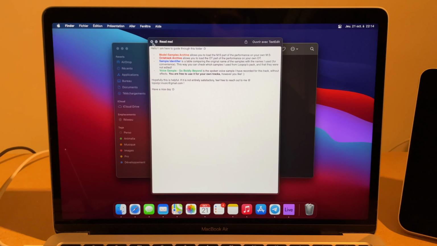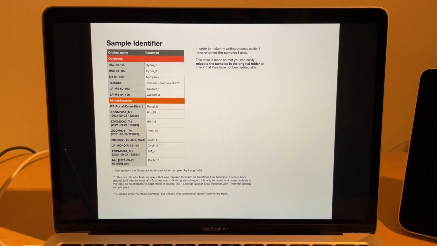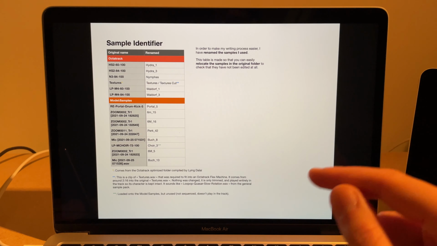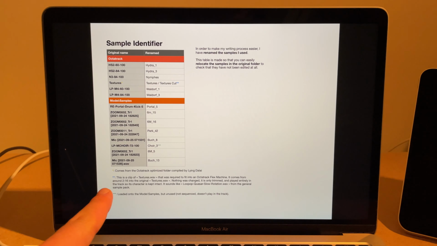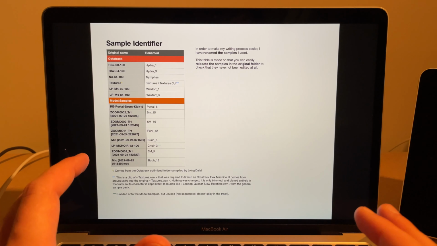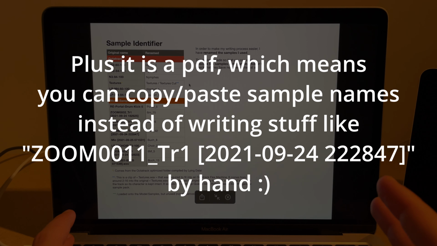You also have a sample identifier. This tool allows you to look at all the samples that I have used for this performance that were part of the selection, and it gives you some notes, some specifics, including the names, because I have renamed the samples for my convenience when writing this performance. And so I have made this file so that you can quickly look for the samples I have used and compare them to the originals to check that they are the original ones and have been unedited. So hopefully that makes your searching a bit simpler.